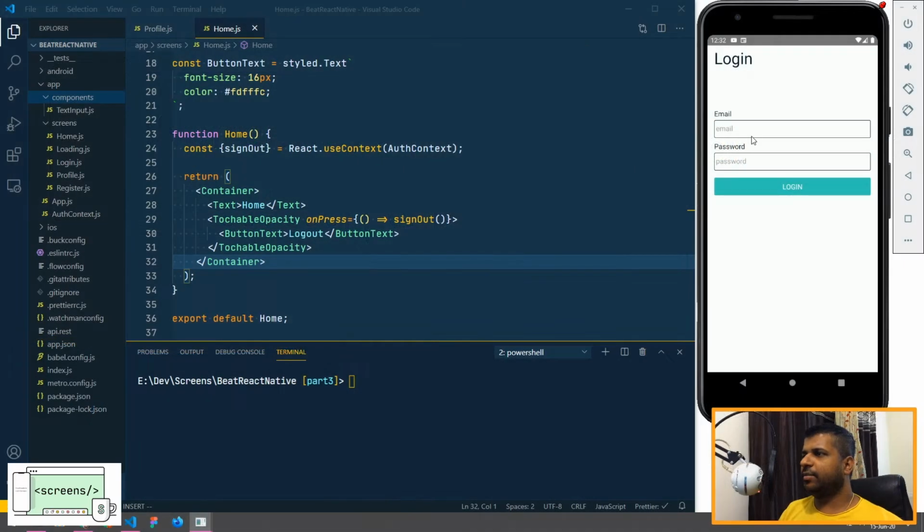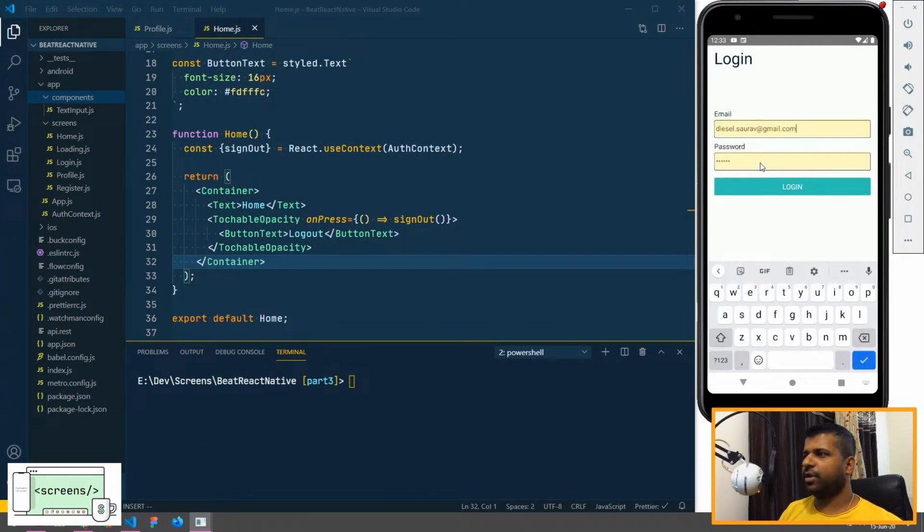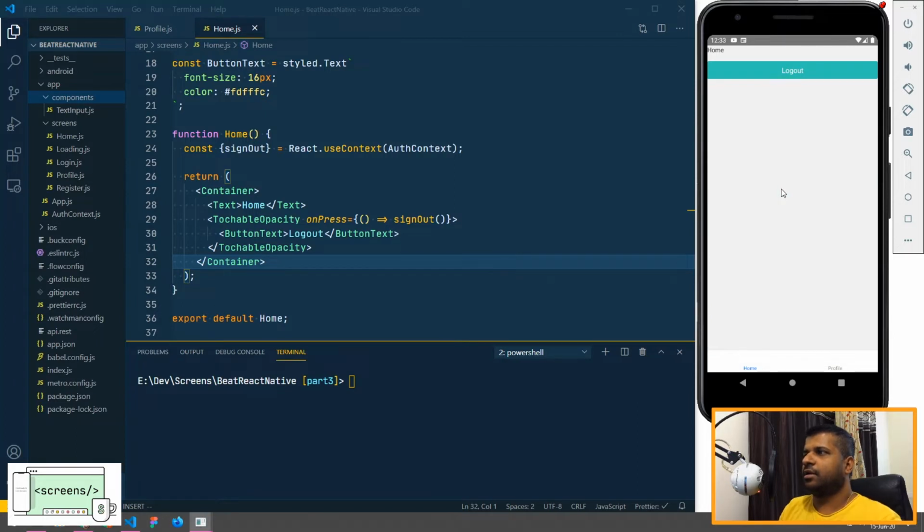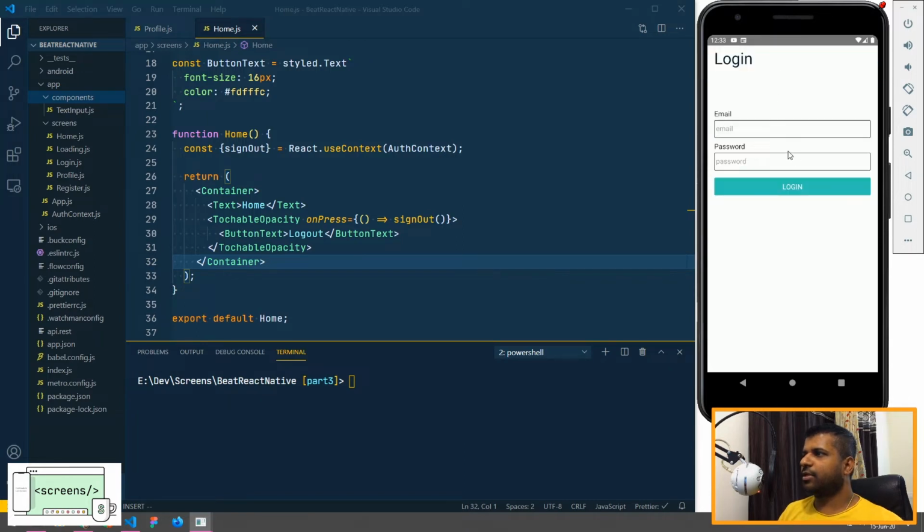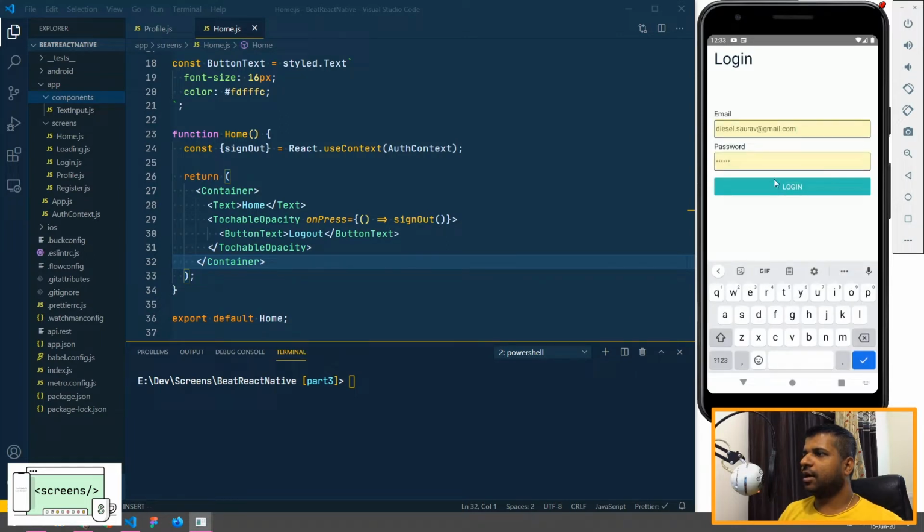So last time we made the login page, and when we enter the credentials, we hit our backend server and got the token from the server, and we'll use that to make the subsequent API calls. For now, I just pasted it in the profile. Okay, and on the home we had this logout button. When pressing on logout, we were thrown to login screen again. So I'll just log in again.